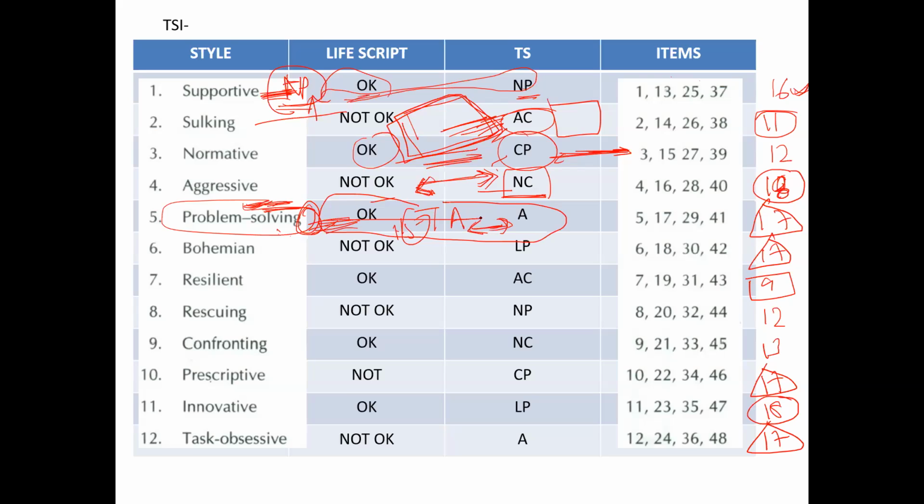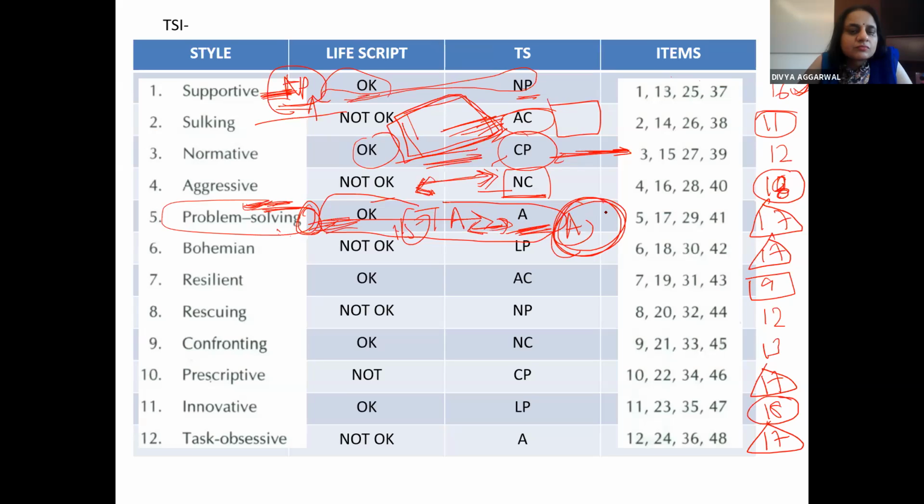Problem solving, otherwise, is a very good profile. If you have all adults around you, you'll be very happy working. So these people with this kind of script would be good workers only if they have more adults around. If they have children, they would be exasperated. If they have adults, they would be troubled. So it's better to shift base, go to America, you'll survive better.